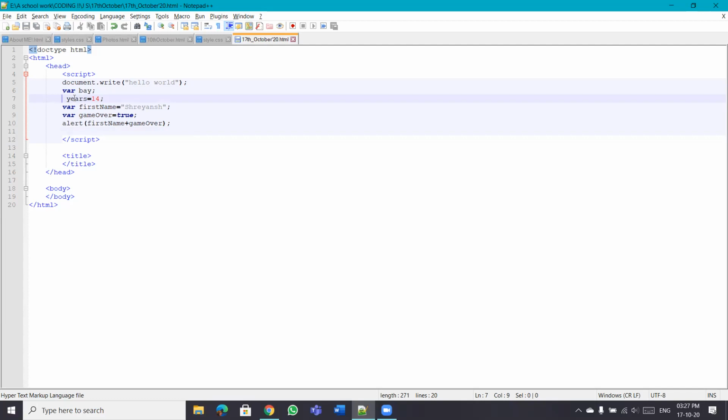Okay. Just give me one second. I'll just finish and then I'll come to you. Over here, years equal 14. We have not specified a variable. This is loosely typed. Can you, in the alert, replace this with years and see if it shows years, whatever the value of years is?